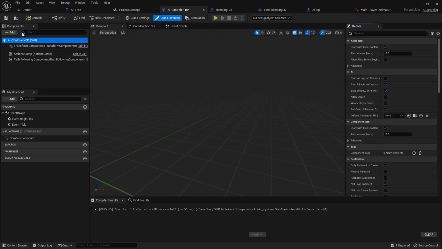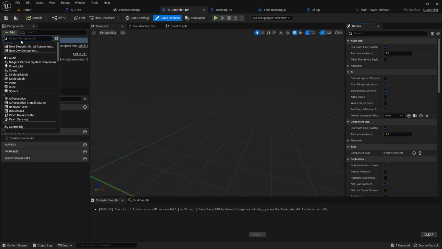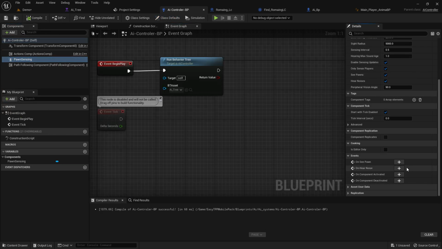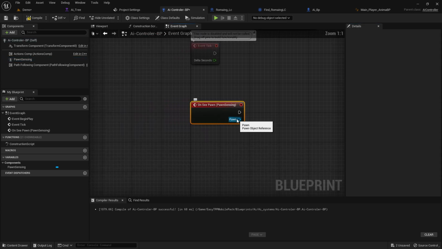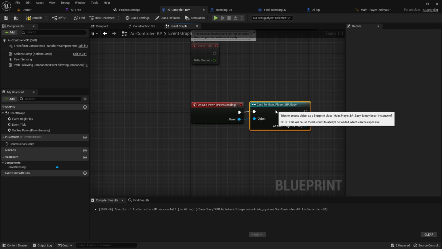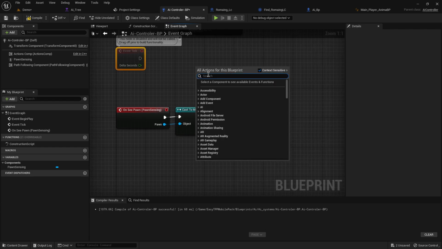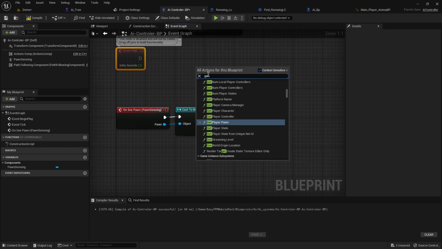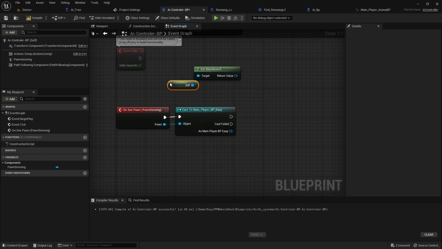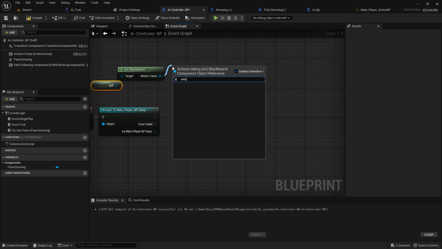If he sees us, so basically if he tries to find us, if the function will be active, then we need to do some stuff: on see, cast to main player BP. At that time it will get blackboard, so get blackboard tree, and then we'll get the self reference, and then we'll set